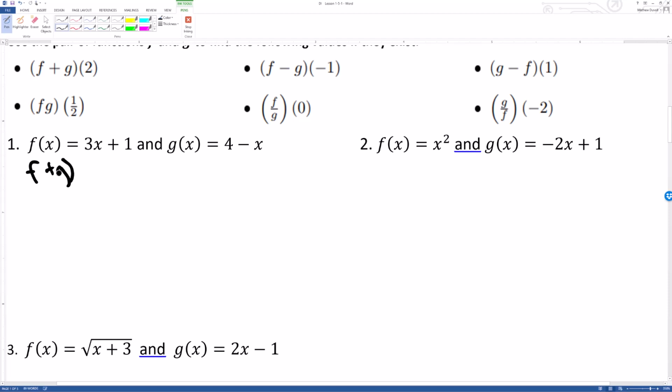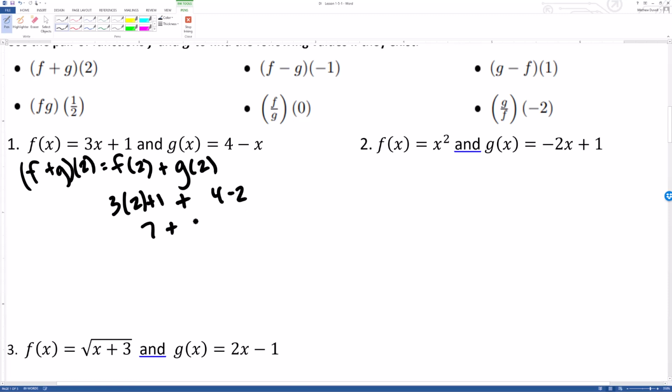f plus g of 2, that's the same as my f function with 2 plugged in plus my g function with 2 plugged in. So that's going to be 3 times 2 plus 1 plus 4 minus 2. So that's 7 plus 2, so that's going to be 9. So this one means you multiply or add the functions together. This one means you multiply. This means you divide, subtract,